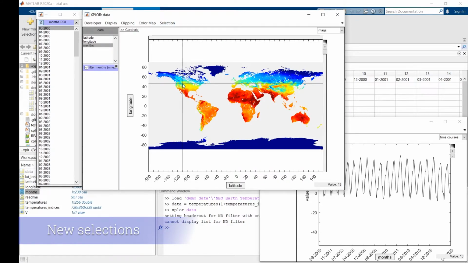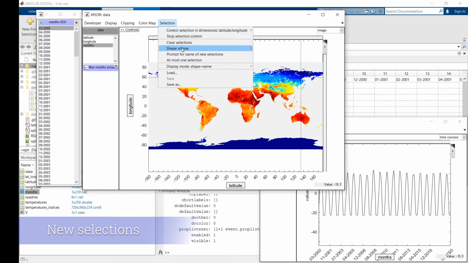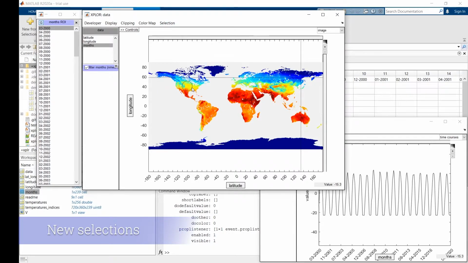Before creating my first selection, I will activate this option as well, Prompt Name for new selection, to be able to name selections. Now if I right-click and hold the click on the map, I will start to do a selection. By default, it's a circle selection, but we will see how to change that in a minute. With the option we activated earlier, Xplore prompts a window for us to name the new selection. I will name this first selection US.